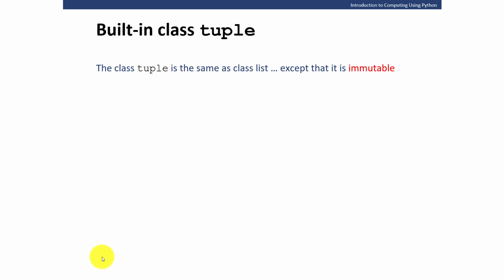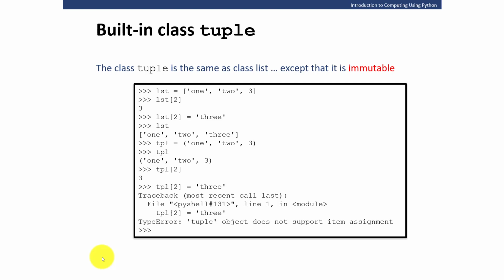So a tuple object contains a sequence of values separated by a comma and enclosed in regular parentheses instead of the square parentheses. So as you can see guys, here I have a list, so it's enclosed with square brackets. Meanwhile, here I have a tuple and it's enclosed with the regular parentheses. However, actually guys, to be honest with you, the parentheses are